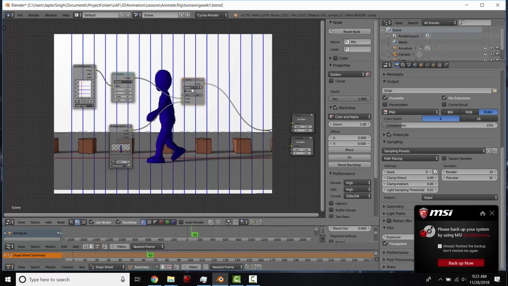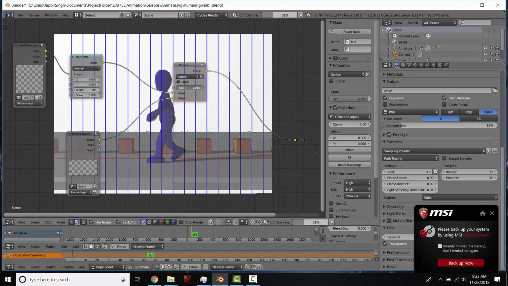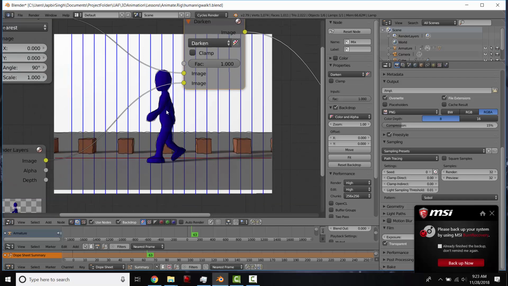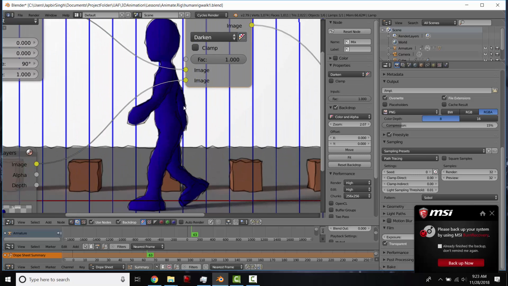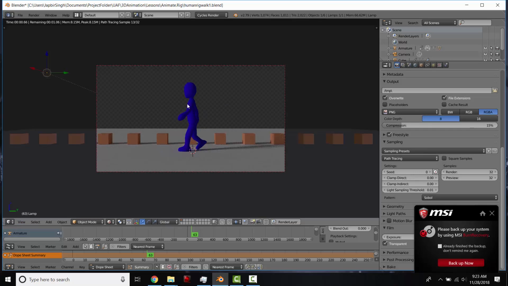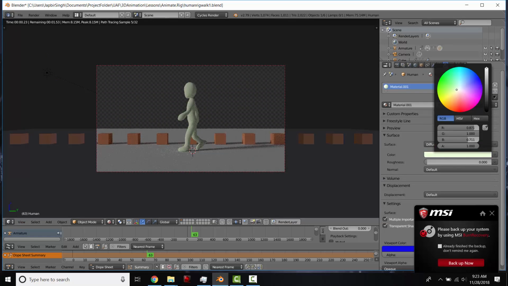So I may have done darken. It's hard to say. This person is such a dark color that when you multiply it, it's going to cancel out. So maybe lightening him up might give us a different